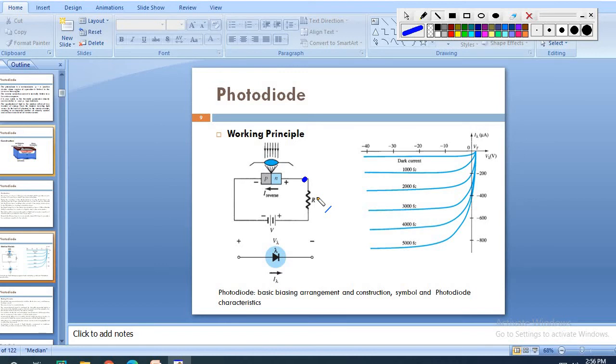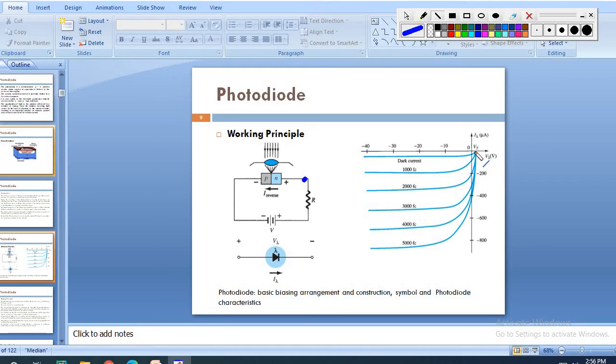So see in the graph also. This is the voltage versus current graph. These are the negative reverse bias voltages, minus 10, 20, 30, 40, like that, and this is the current in the reverse direction. This is what I need to call the reverse saturation current.